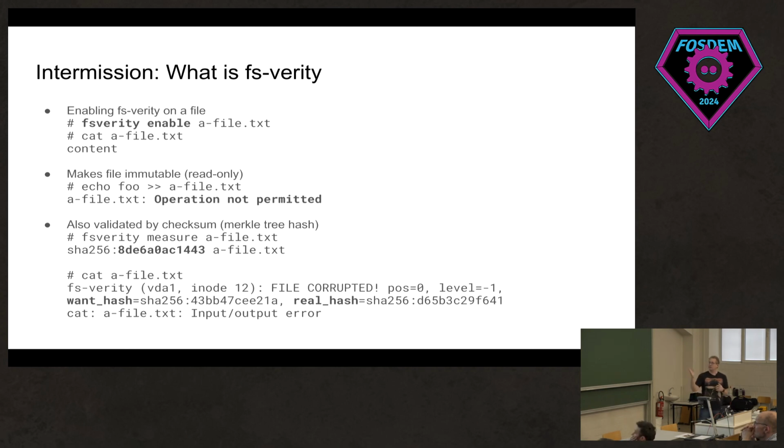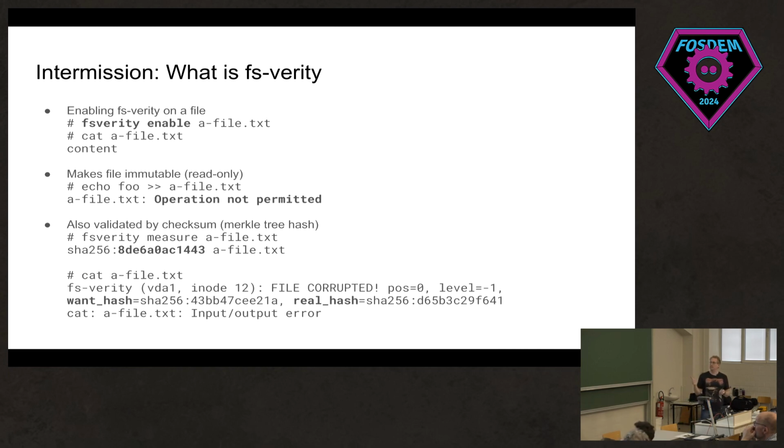But basically, you enable this on a file, and that makes the file immutable in the sense that the VFS will not allow you to do any operation on this that changes its content. You will get basically permission denied when you try to write to it or whatever. But also, if you modify the file directly on the block device or whatever, Cosmic Ray hits your drive and